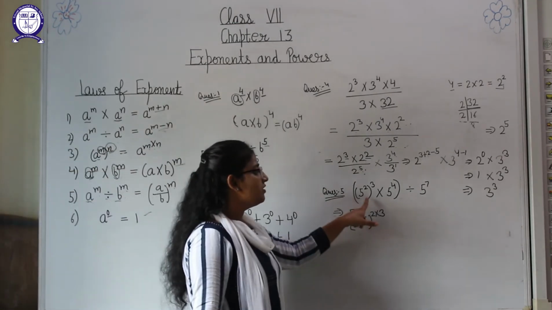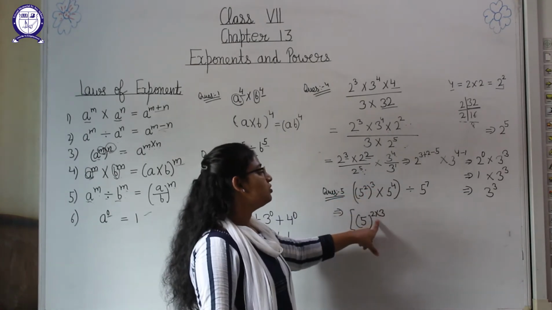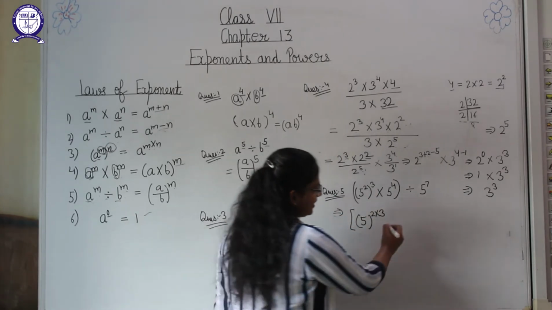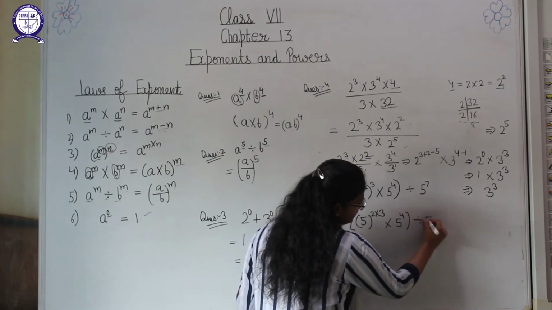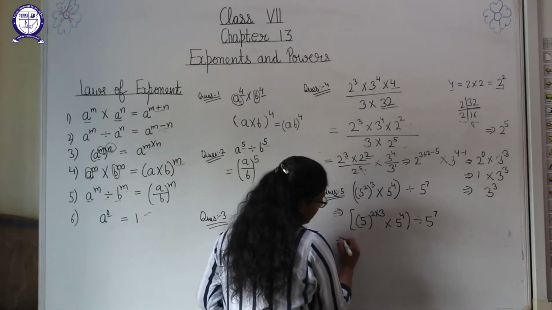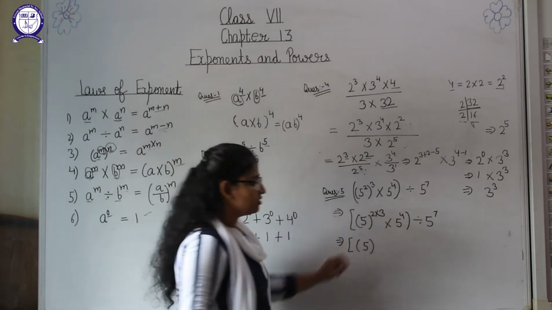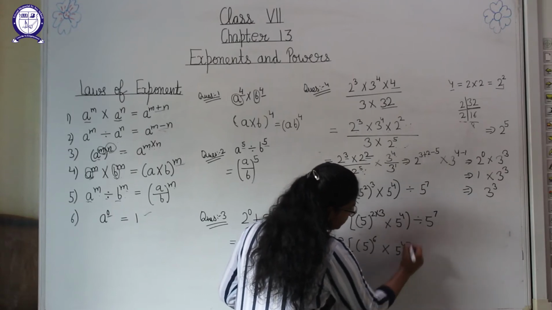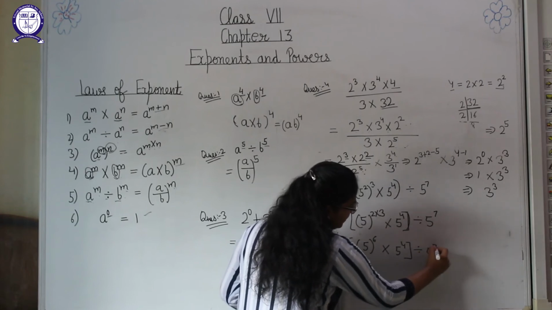So here also it is 5 raised to the power 2 and raised to the power 3. So 2 into 3 means this power will be multiplied. Then here it is 5 raised to the power 4 and 5 raised to the power 7. All the other terms will be as it is. Now we will solve this. Here it is 5 raised to the power 3 twos will be 6. So 5 raised to the power 6 into 5 raised to the power 4, divided by 5 raised to the power 7.